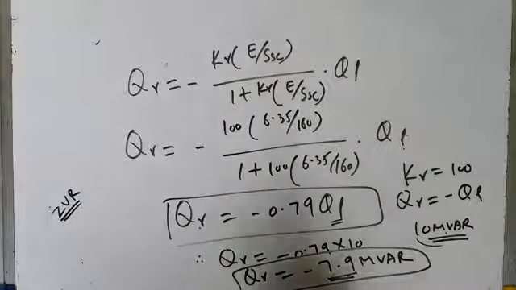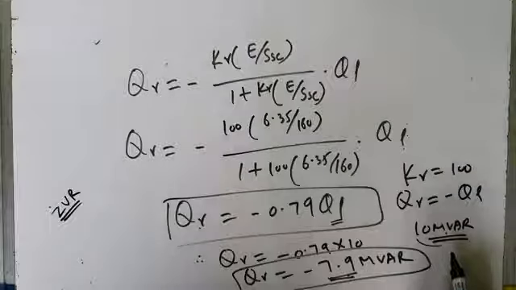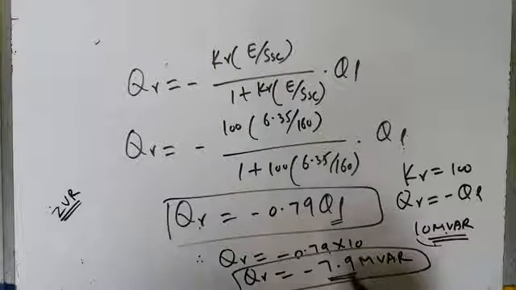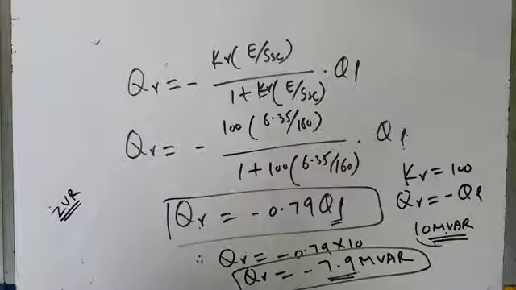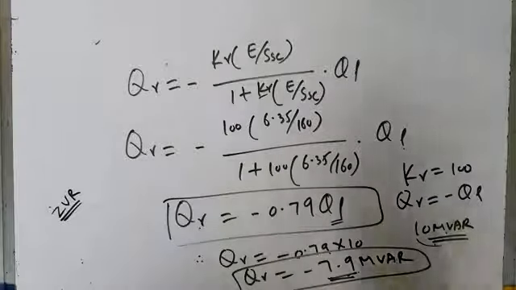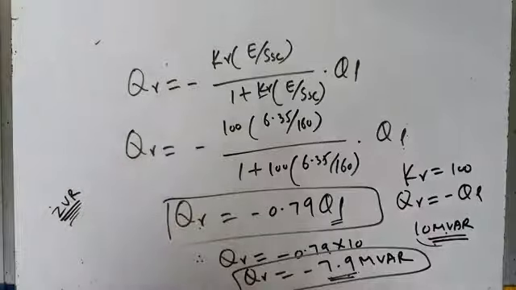Okay. So if you wish that this Q gamma, that is the reactive power injected by the compensator, should be exactly equal to the reactive power increment in the load or reactive power demand of the load, that is 10 megawatts in this case, not 7.9 megawatts, but exactly 10 megawatts, then the compensator gain has to be infinite. If the compensator gain is infinite, say for example it is 2000, it is 3000, then you can achieve Q gamma equal to QL. It will be exactly minus 10 megawatts, and you may achieve almost zero voltage regulation.